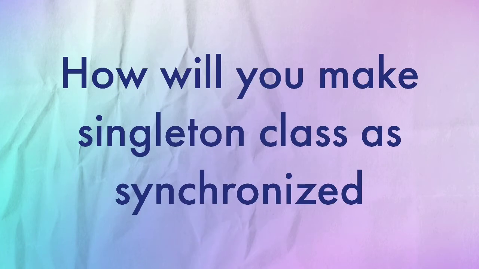So you can do it in two ways, two levels. The first level is that you can directly add the synchronized keyword at the method level of the getInstance method, which we use to get the instance of that singleton class. Another is the double-checked locking mechanism, where you add a synchronized block whenever you are accessing the condition, that is, if instance equals null. Before that you add the synchronized block. In this way you can make that singleton class synchronized.